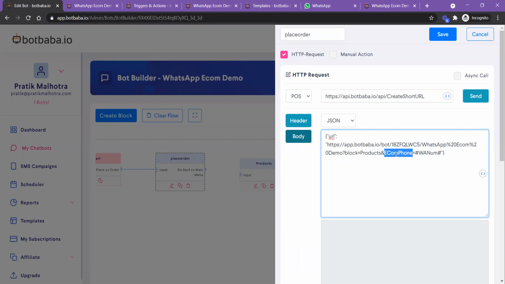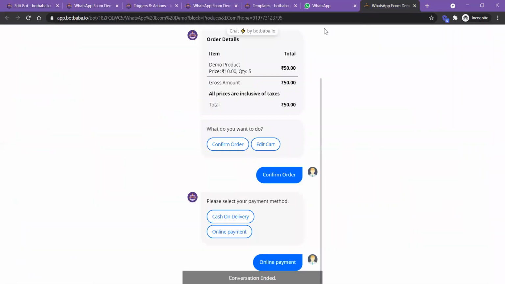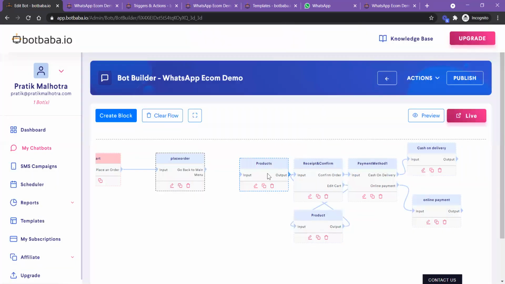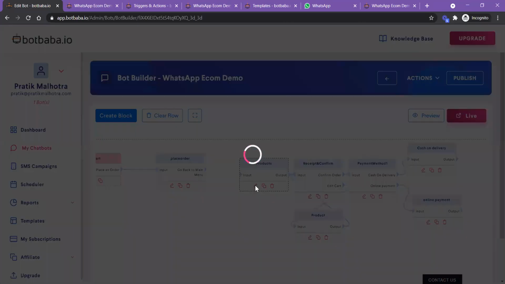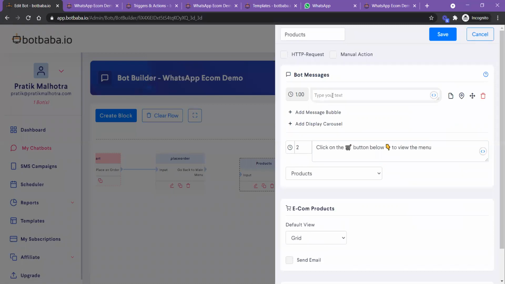And the second mechanism which we have used is forwarding variables, like assigning variables to a web bot from the URL itself. Let me make it simpler. So suppose the products block, I need to personalize this as per the user's name. So I am writing here hi and hash name hash.